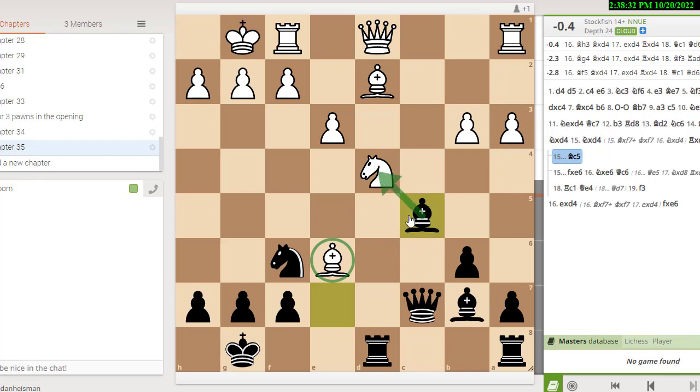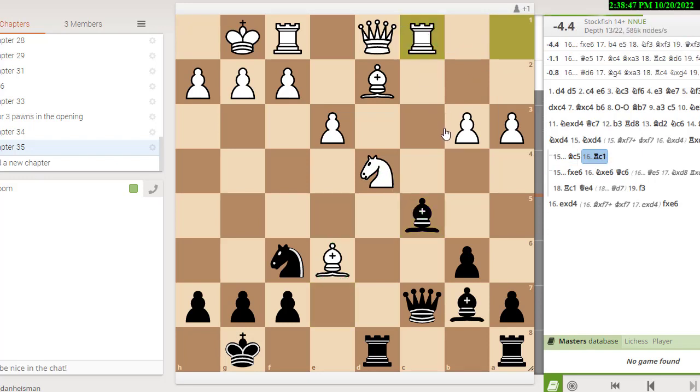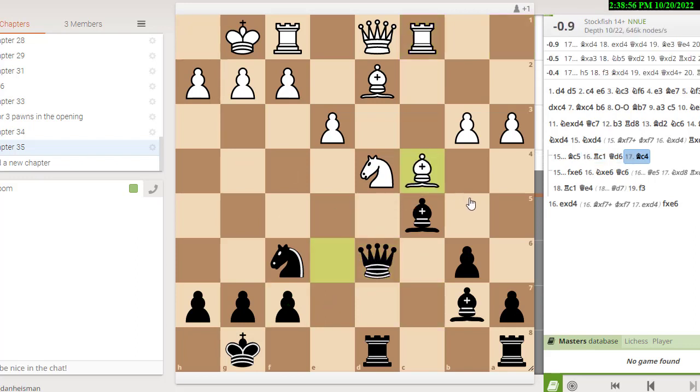And here I think white played, I can't remember if white played rook to c1. Might have played rook to c1. Rook c1, engine likes. And now again, you could take the bishop, but I don't think he did. He probably moved the queen. And the bishop came back. I forget how the exact game went. And then he ended up winning the pawn.